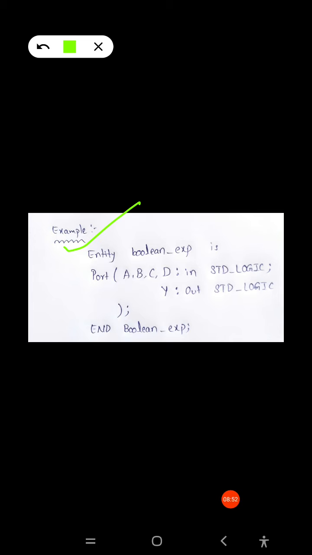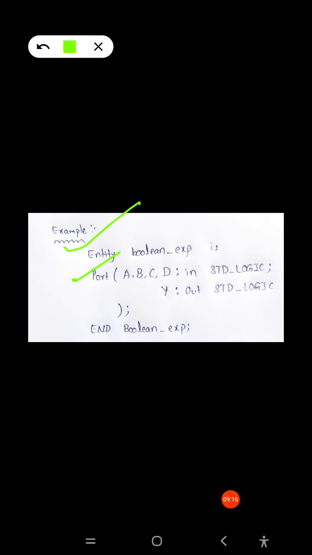Now port. In case of port, we have to define the input and output signals. Port A, B, C, D colon in std_logic semicolon, and Y is the output. A, B, C, D are the input signals, and Y is the output signal.